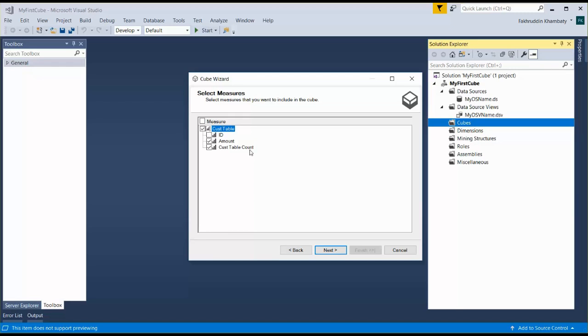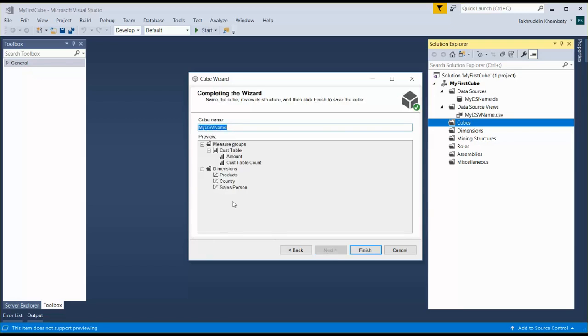Yes, so a count is a possible measure. I can select it. The moment I click on next, it will give me the option to select new dimensions. By default, it's going to check all the dimension tables that I have in my table structure. I will click on next.